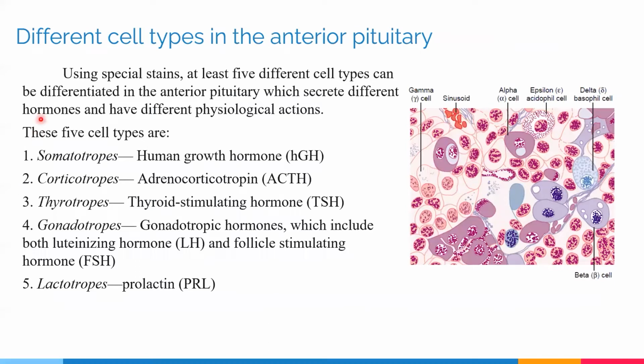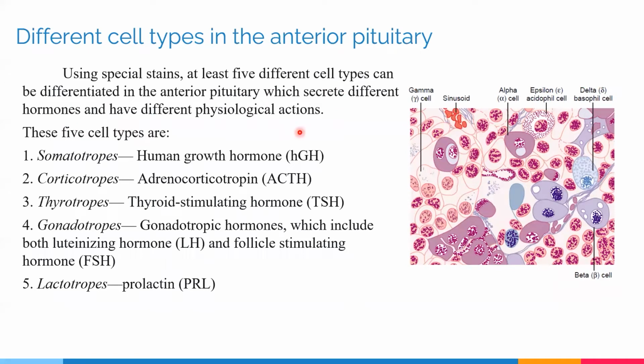Next, let us look into the different cell types that are present in the anterior pituitary. Here we have a schematic which shows the various cell types that are present in the anterior pituitary. Using special stains, at least 5 different cell types can be differentiated in the anterior pituitary, which secrete different hormones and have different